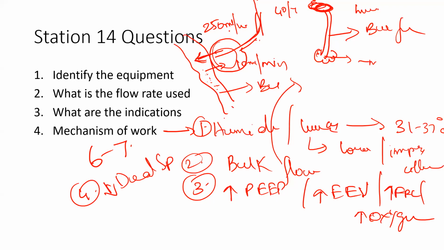Second thing, because of the high pressure and high flow, it creates a PEEP or a continuous airway pressure of 6 to 7 centimeters of water. That continuous airway pressure keeps the alveoli stent open by creating a PEEP. So that PEEP opens up the alveoli. That opening up of alveoli improves the gas exchange and improves the FRC. The last mechanism is that it reduces the dead space. These are the different ways the high flow nasal oxygen works and helps a patient in improving the oxygenation.